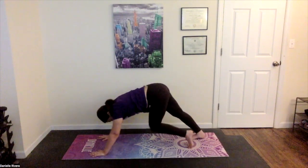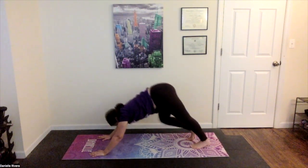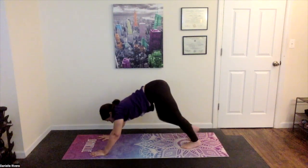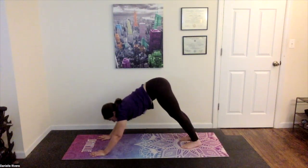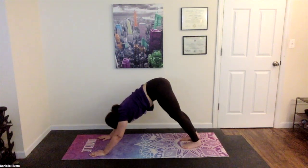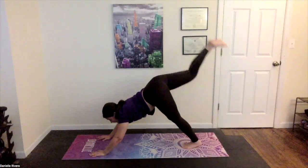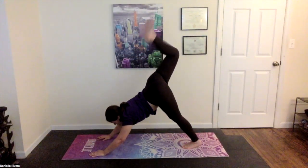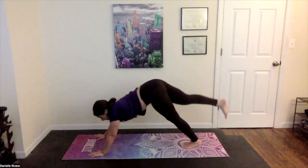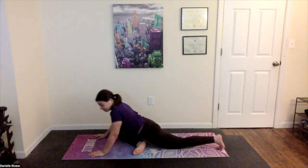Now, after that hip opener and after the several poses, pedal the feet and feel the difference in your body in the downward facing dog pose. On your next inhale, take the right foot, inhale, float it up. Float the right shin to the front of the mat, release the left foot down, and come into your pigeon